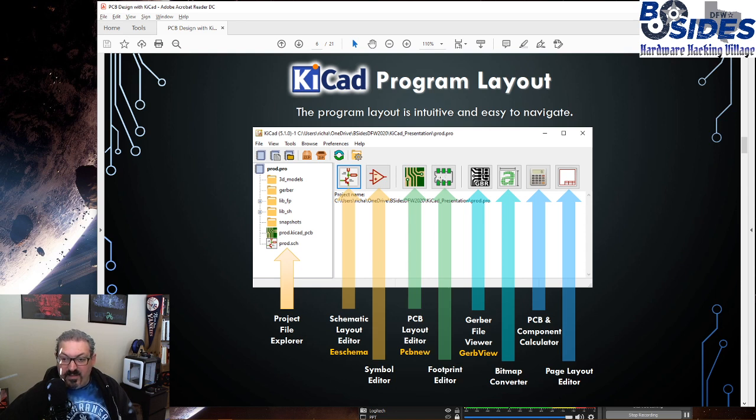And then the button next to it is the Footprint Editor. Then we have a Gerber File Viewer, which I think they call GerbView. And a bitmap converter. So the bitmap converter is an interesting program if you want to bring in logos or